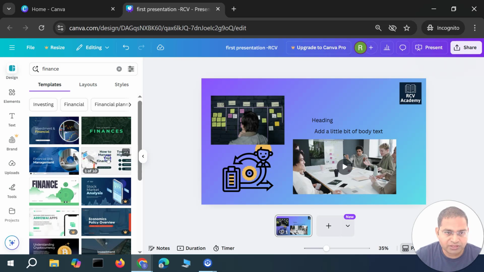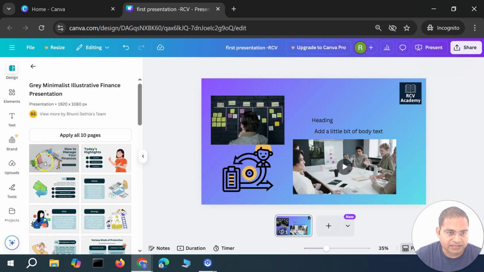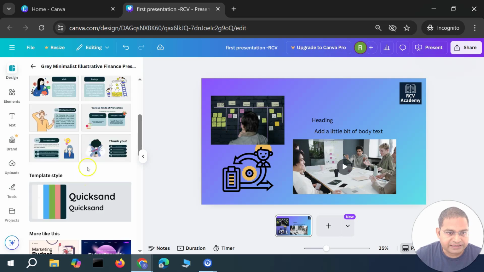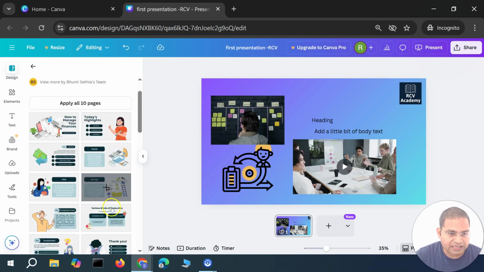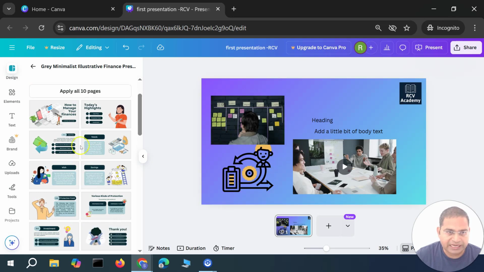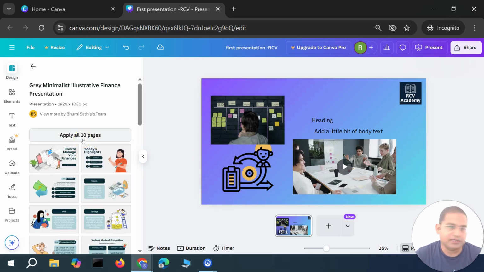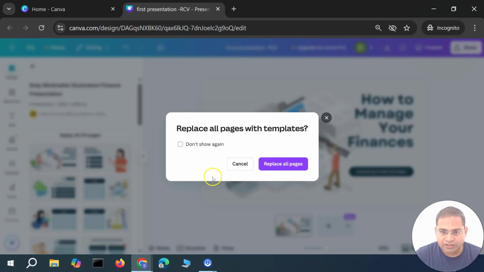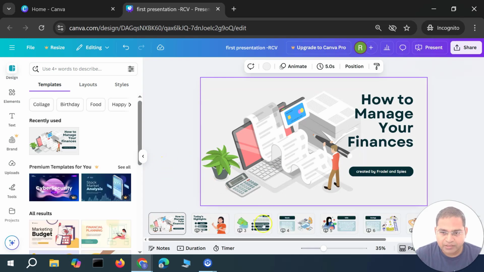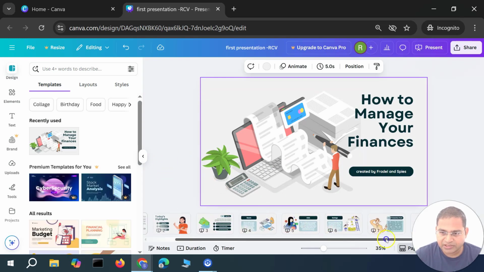And if I choose this one, so simply you'll see that I selected this, and then there are 10 slides in there, right? And if I apply all these 10 pages, you will see these slides, okay, all these 10 slides will be added in my presentation, and then I can go ahead and customize these. So if I go ahead and apply 10 pages, you will see that all 10 pages, I'll say replace all pages because the page was already there. I'm replacing on the same page. So I'll click on replace all pages, and then you will see my whole presentation has 10 pages with this